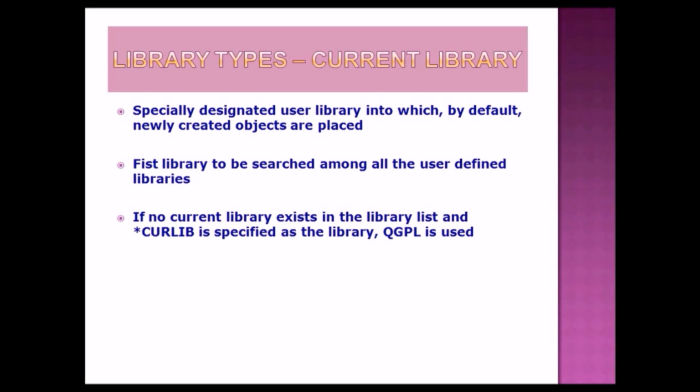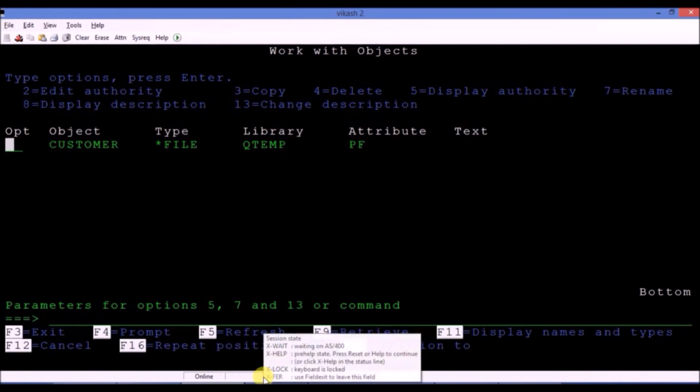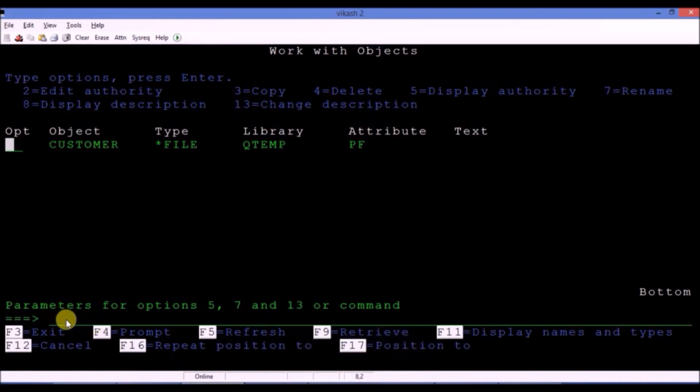So in case you want to change the current library, you can do so by using the command chglibl on the command line. Let's see this with an example on the system. Type the command chglibl and use the function key F4 to prompt.